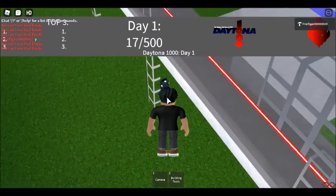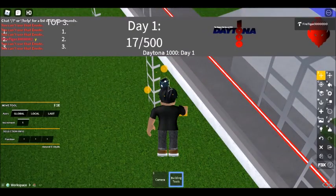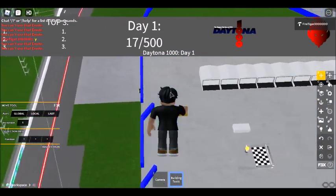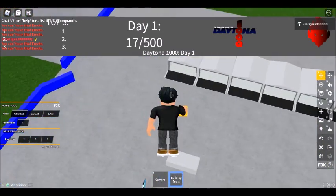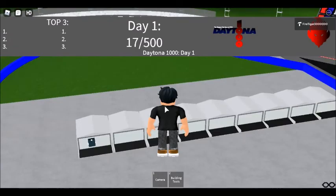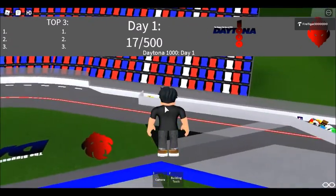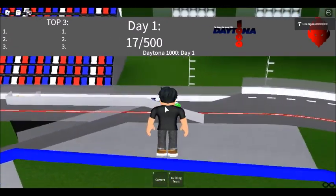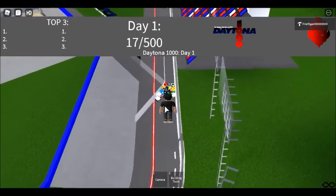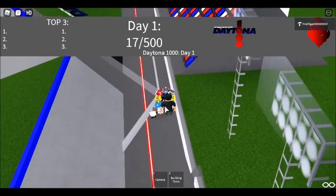Orb hits the outside wall. That had to happen right there just a second ago. And that car is going to be out of the race. Maybe they will be able to repair it for somewhere later in the race. We'll see. We will see. We will have a 60-second notice whenever...